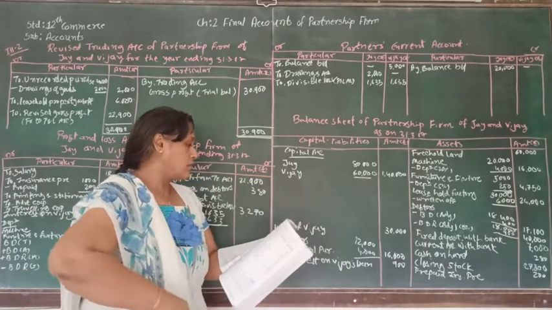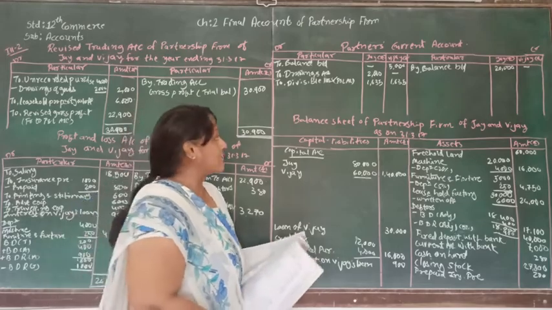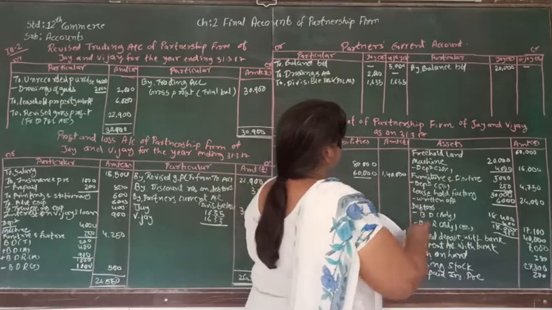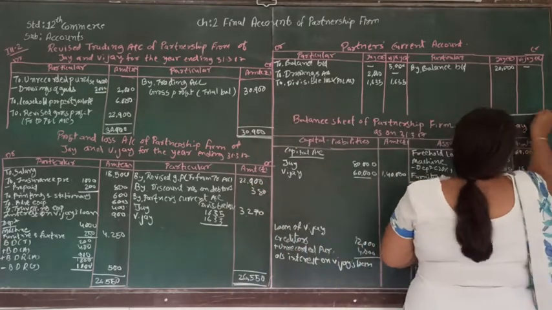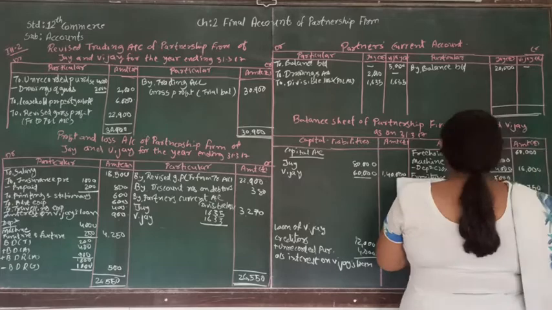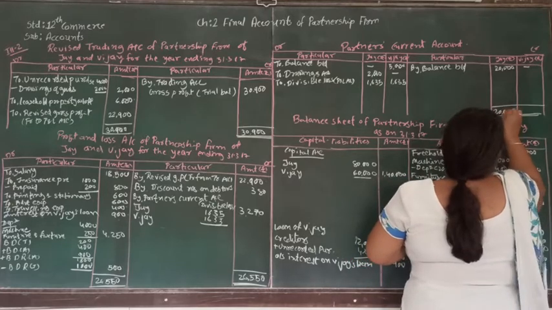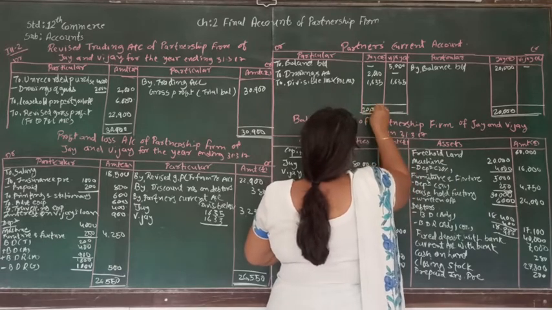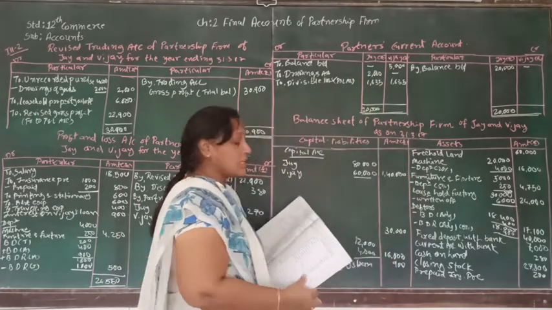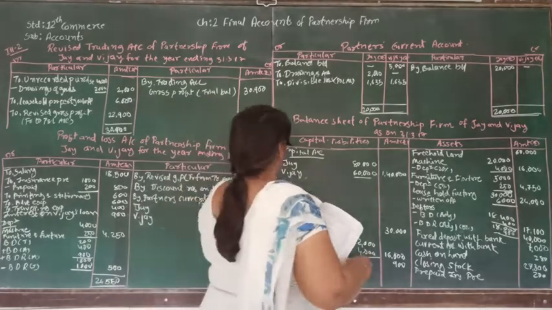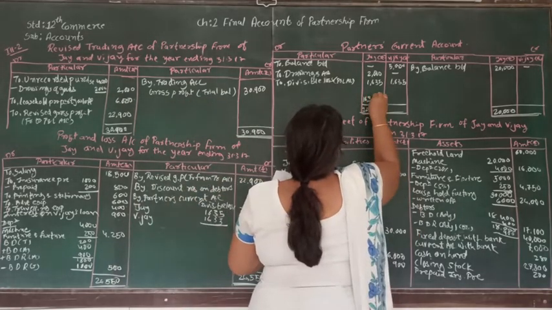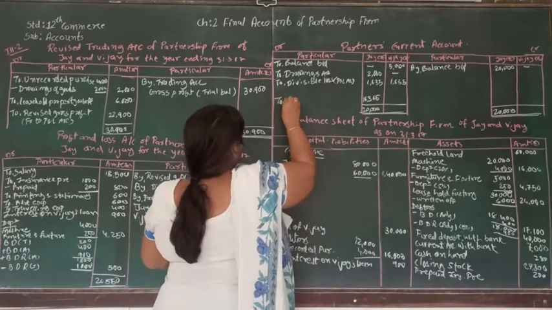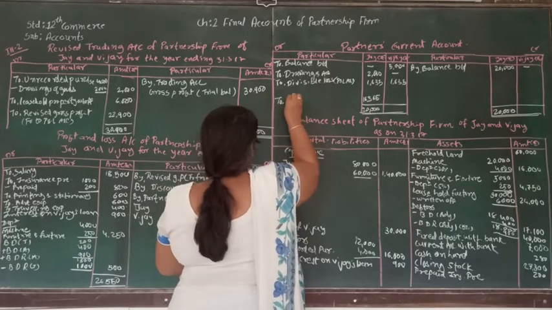Now let's try to find out the balance of the current account. Here we said the total is more. We can see that on Jai's account, on the credit side, the total is more, and that is 20,000. That 20,000 we are going to take to the debit side. From 20,000, if we deduct 2,000 and 1,635, the balance will be 16,365. So this is the balance of Jai's account, to balance.